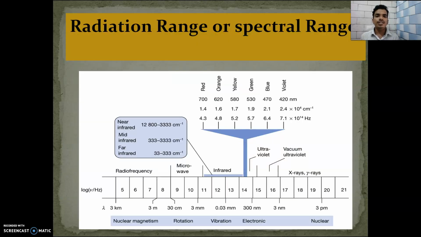Then this is the same diagram, but it specifically gives an idea about nuclear energy states: electronic, vibrational, rotational, and nuclear magnetic. So these are the infrared, then ultraviolet and vacuum ultraviolet, microwave, radio frequency. That electromagnetic radiation spectrum we take into consideration because the proper energy is present in a specific type of spectrum, and that will be studied further for specific analyses like IR, UV, then NMR.